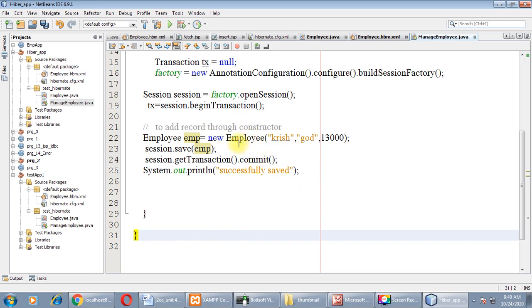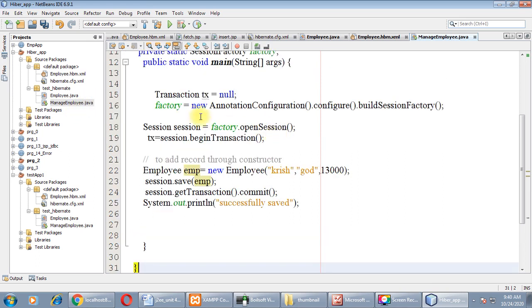Now how to run this application? As you know, this is our Java file, a normal Java file. So where you find the main method, that would be the beginning point of our file.